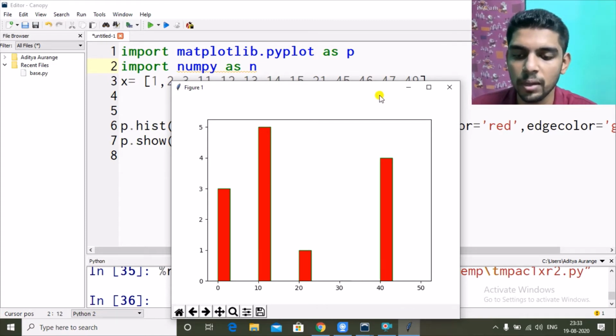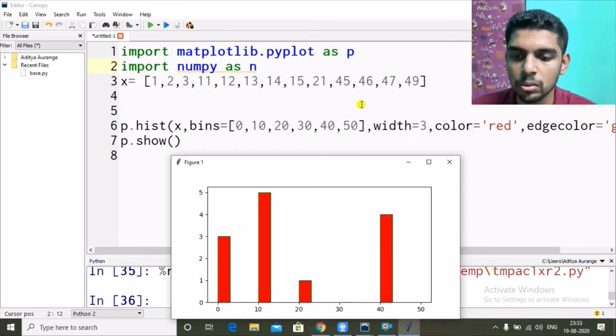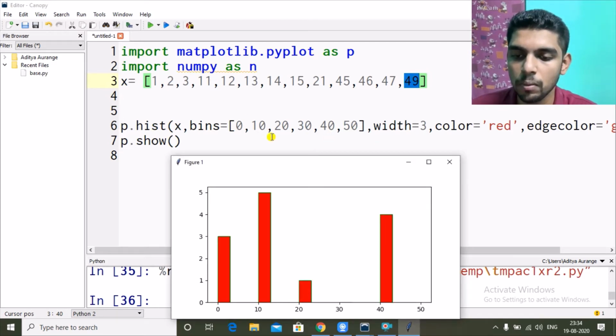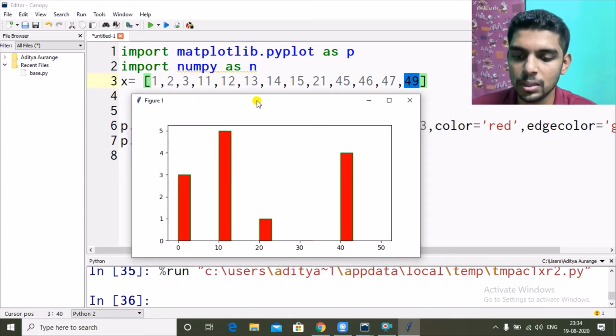Then 40 to 50 again 4 values: 45, 46, 47, 49. So the structure of our histogram is dependent upon the values which come between each of these intervals. Okay, so this is our bar graph, sorry, not bar graph, histogram.